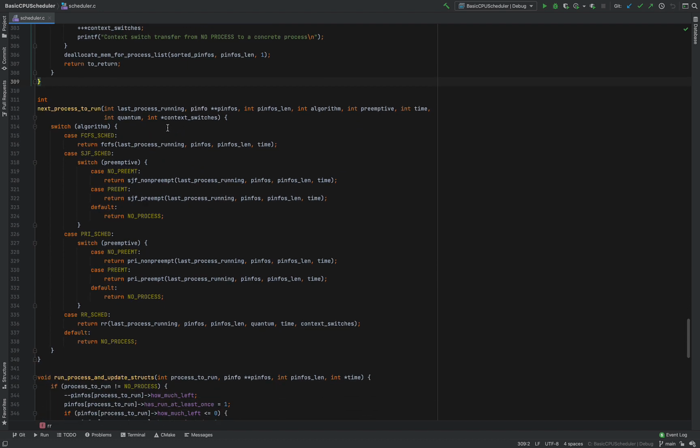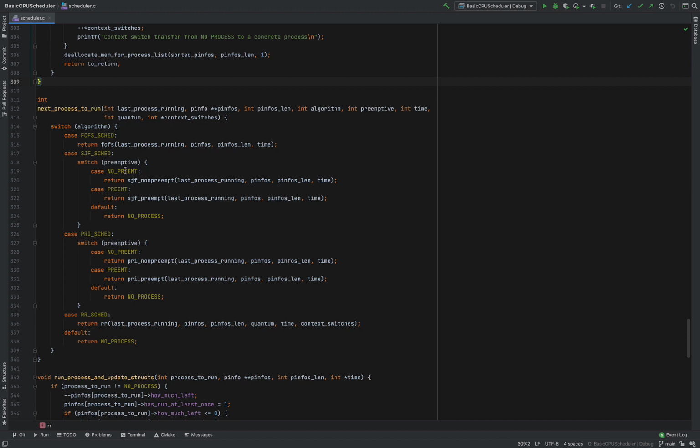As you can see, this is pretty much a very trivial switch case, though it has nested switch cases inside. So we first switch by the algorithm. If it is using the first come first served algorithm, then the next process is going to be returned by this FCFS function. If it is using the shortest job first scheduling algorithm, then we look at whether preemption is being used or not.